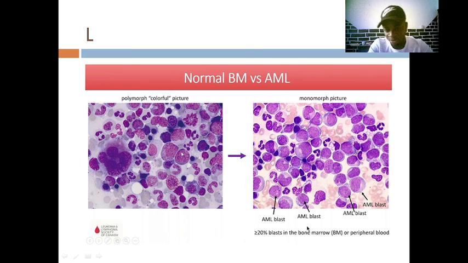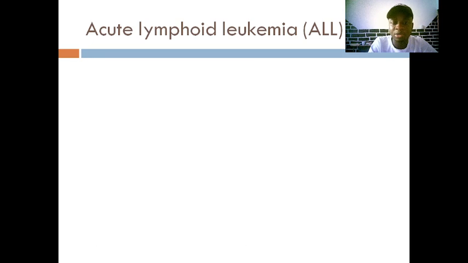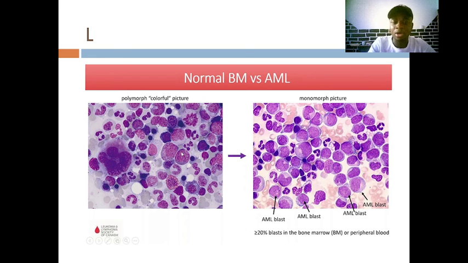There's greater than 20% blast cells. So you see this one. These are the blast cells. See where they're pointing? These are blast cells. These are all blast cells. So a lot of them, greater than 20. And this one shows that the patient is having acute myeloid leukemia. Very important. So I will end this video